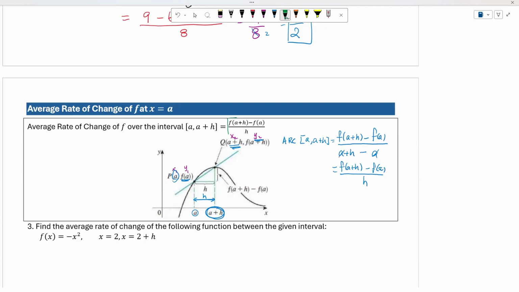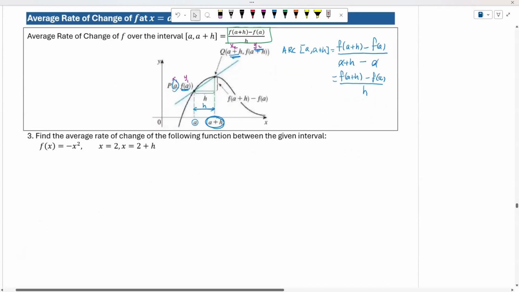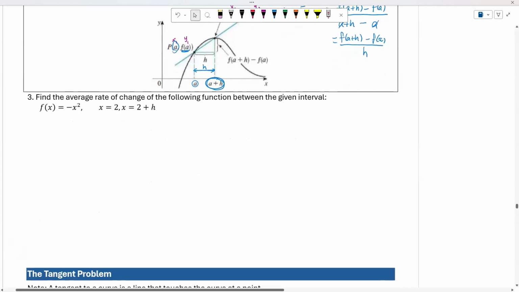This is exactly how we get this form right here, okay? So then now, let's see how we work out the problem. Again, we are going to start with setting up over the interval 2 and 2 plus h, and it is equal to